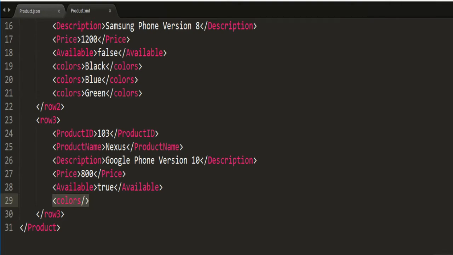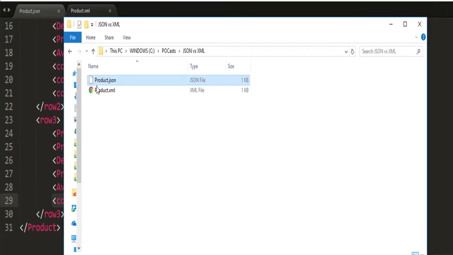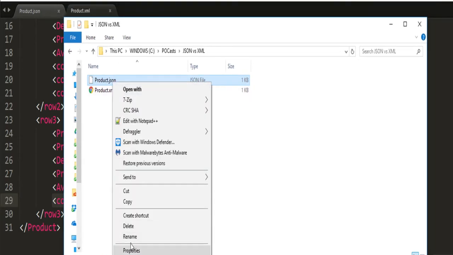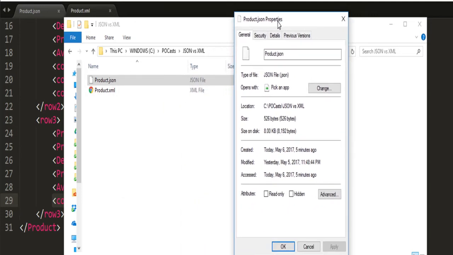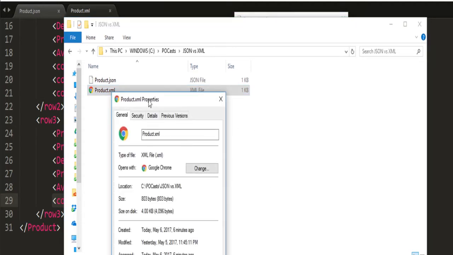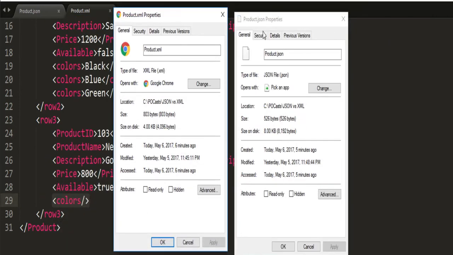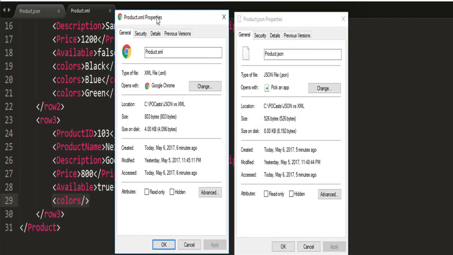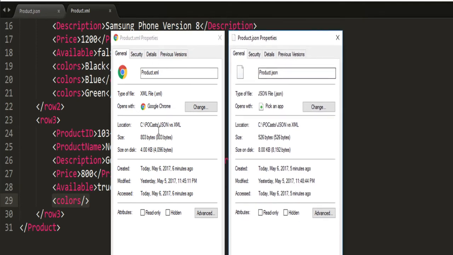The main difference between these two files is basically the file size. Let me show you that. These are the same files, and if you look at the path, it's the same path. I'm showing you the two paths of the JSON and XML.